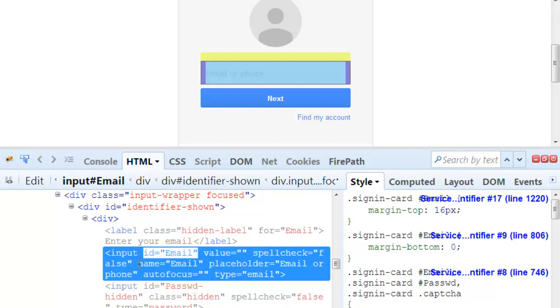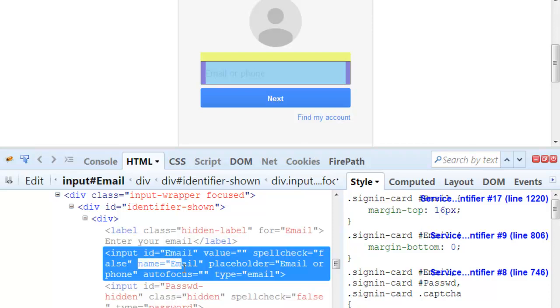Generally on a web page, the ID of an element is supposed to be unique. There should not be two elements with the same ID. If they are there, then you need to talk to the developer of the web page and tell him that there's something wrong.